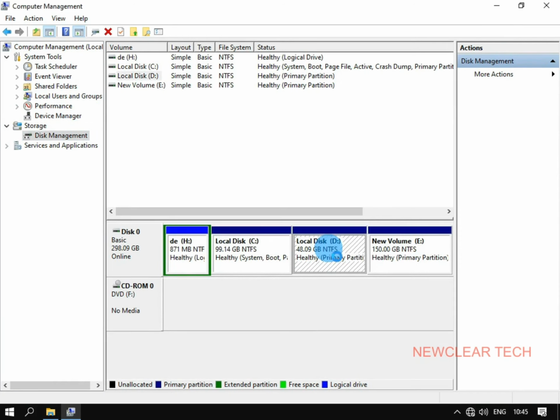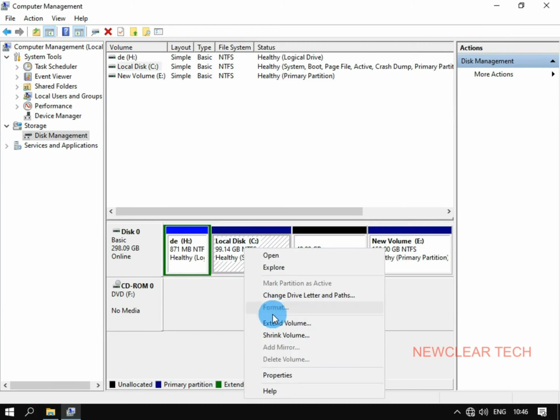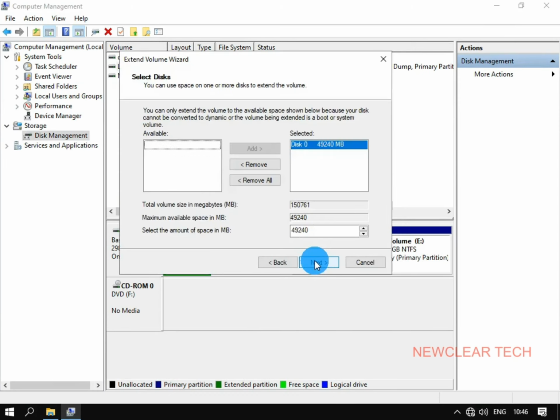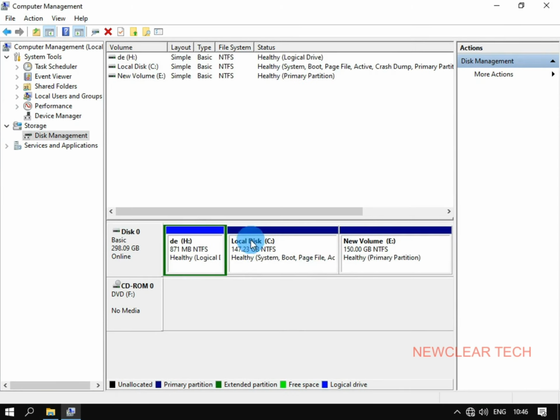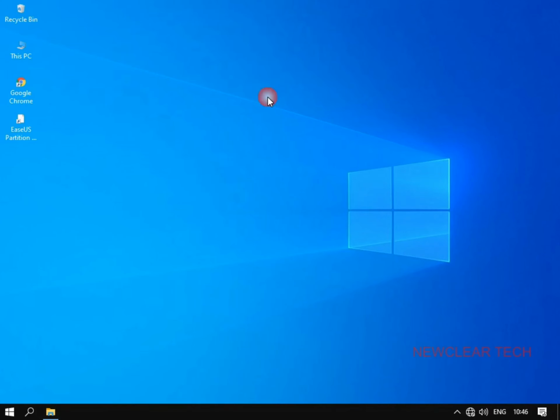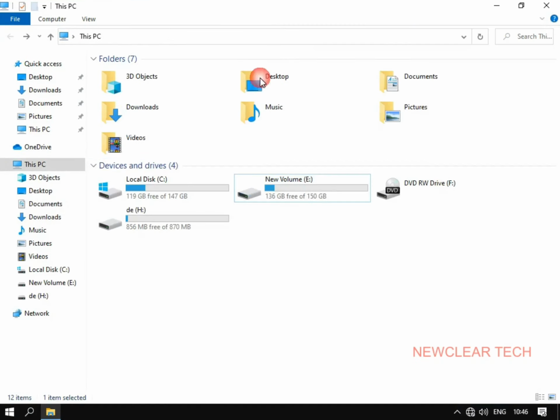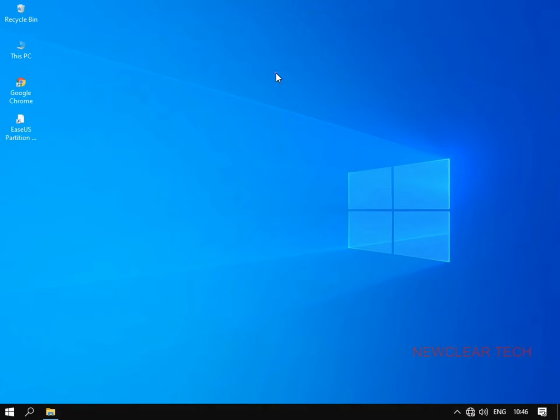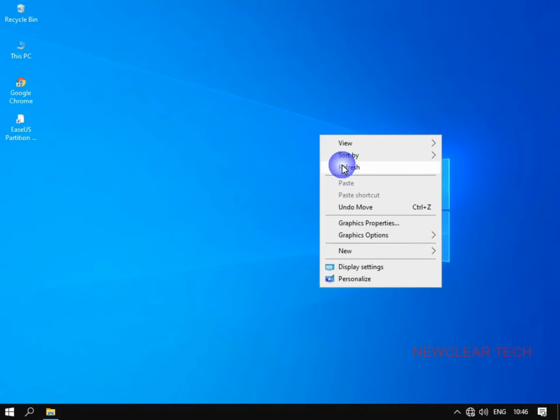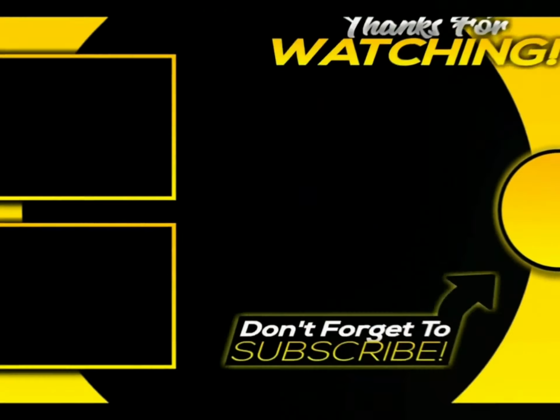Click on Delete Volume, then Yes. You can see it is unallocated. Right click on local disk C, Extend Volume, then Next, Finish. Now it is finished. You can see new volume E. The D drive is deleted. To change your